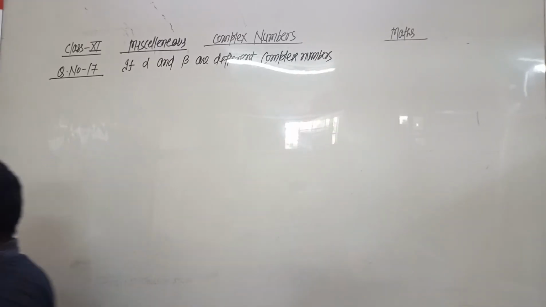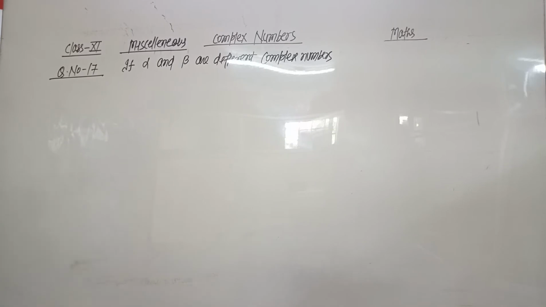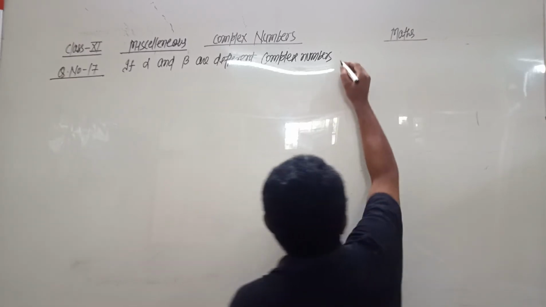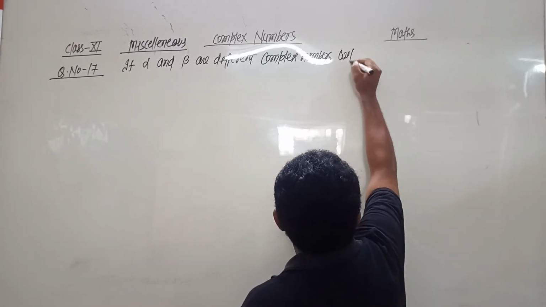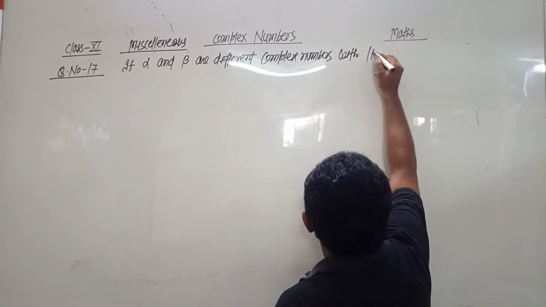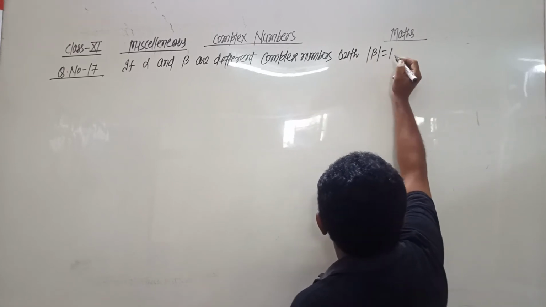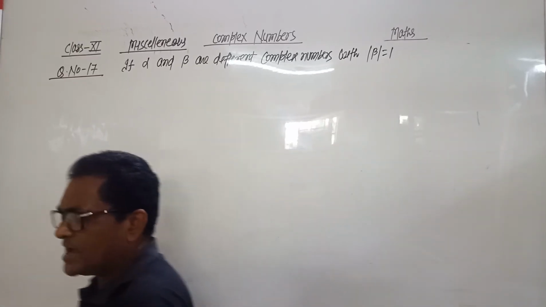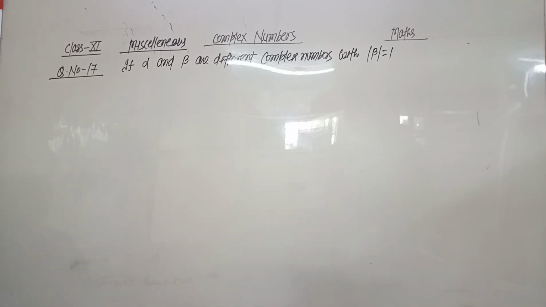If alpha and beta are different complex numbers with mod of beta equals to 1, means magnitude of beta is given, then find